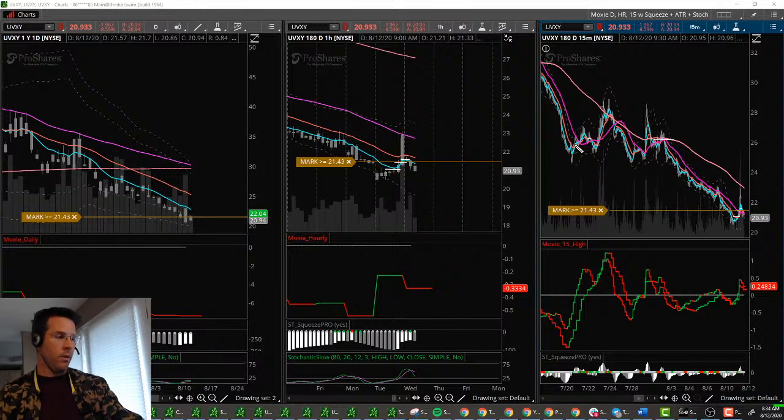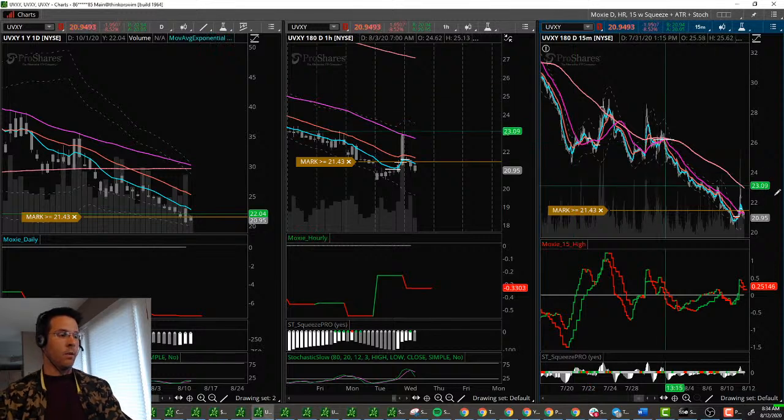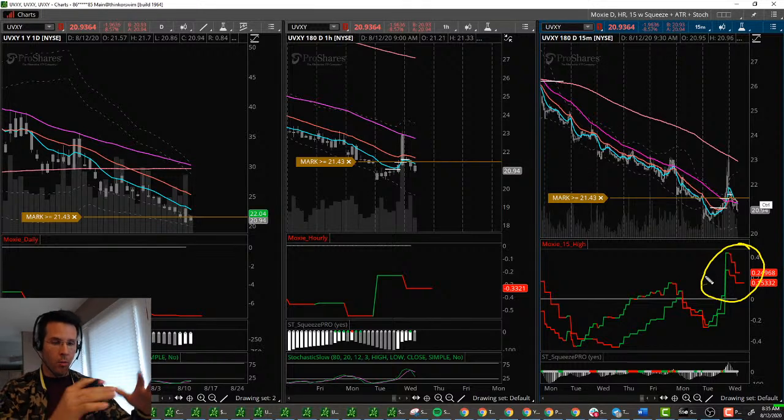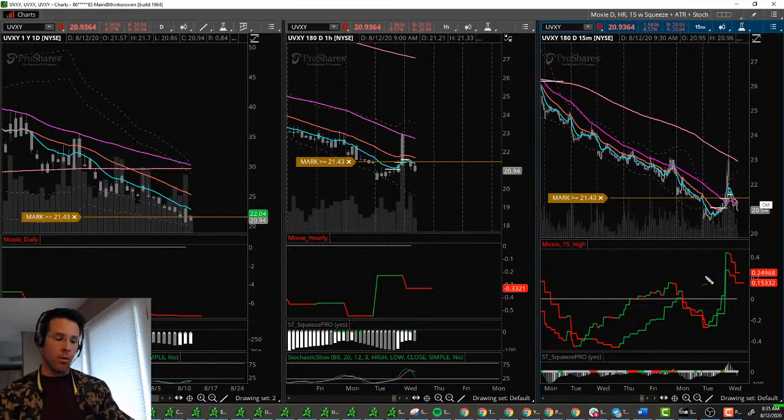So we want to be seeing if I come down here to the 15 minute, if I zoom further here, what I'm seeing is that the Moxie indicator is above 0. That means that momentum is positive. Momentum is over 0, it's positive. Momentum wants to keep going up, but price is below the moving average. That's what I call a trampoline move. It's just as if you were to jump on a trampoline and go below the frame of the trampoline, but those springs then shoot you back up. It's kind of like that. The Moxie indicator being above 0 are the springs, and the fact that you are now jumping below the frame of the trampoline kind of gives a high